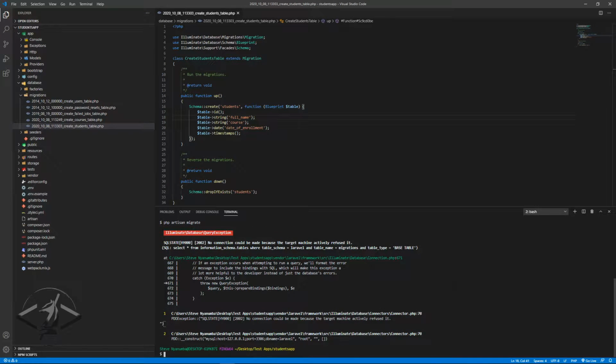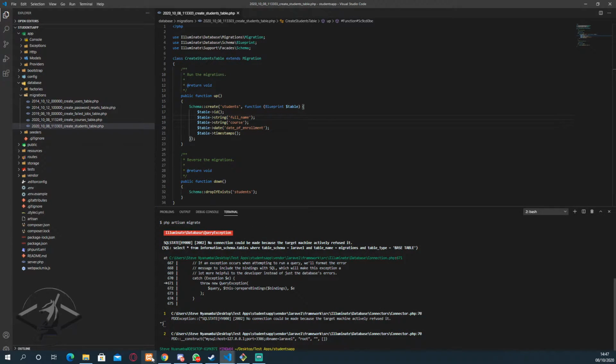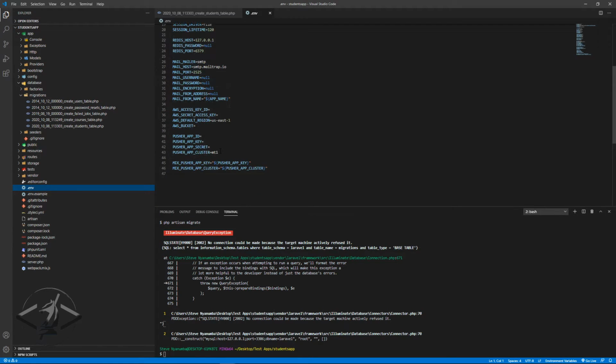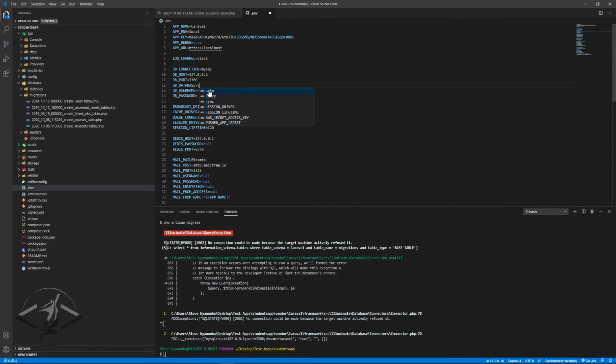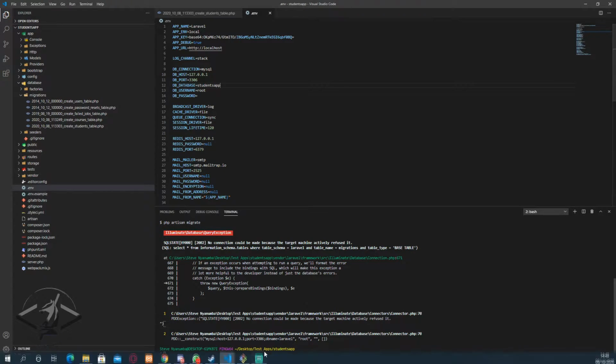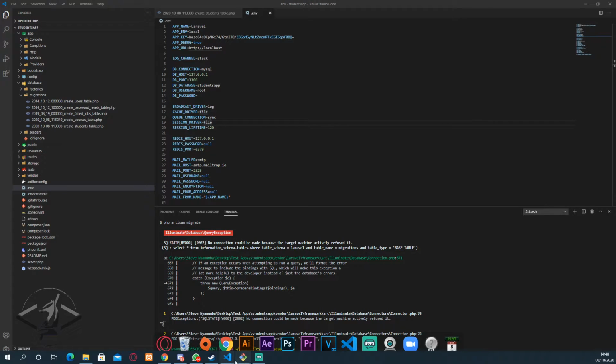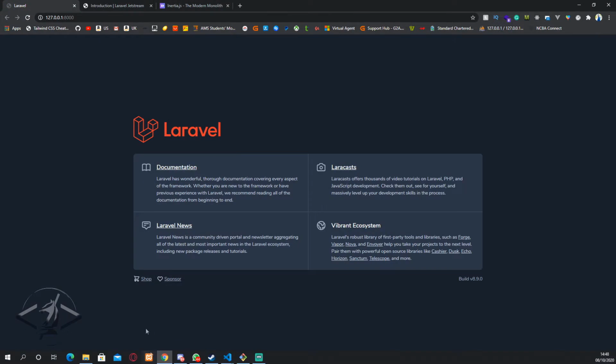It will not migrate our tables because we've not set up our XAMPP. So all I'm going to do is I'm going to click on XAMPP like that, which will already activate all our modules that are required. And then I'm going to come in here into our .env. I'm going to create a database table called students app. I already know I have this students app database somewhere there. I don't think I really need it, but to be sure and to know how to go about it